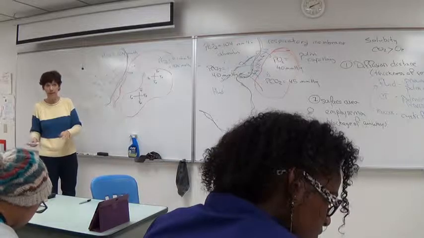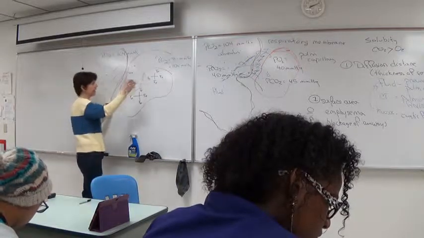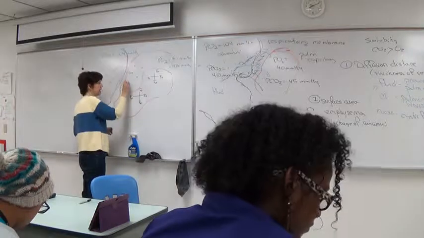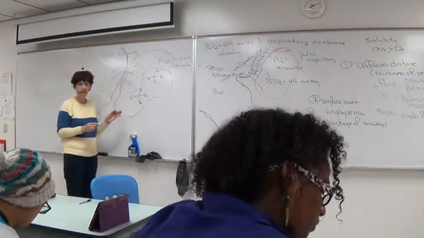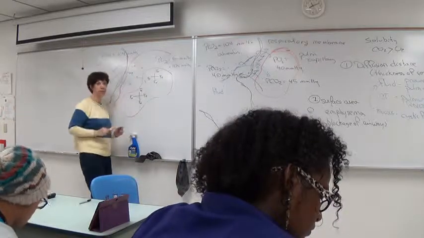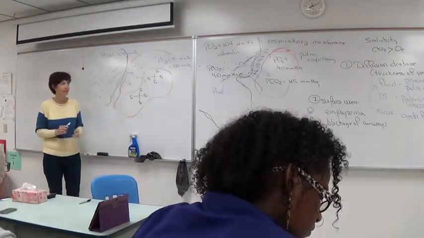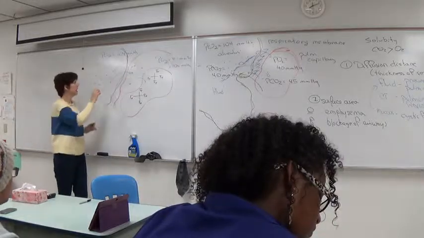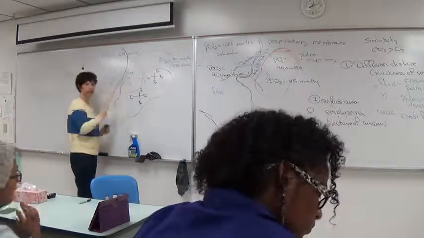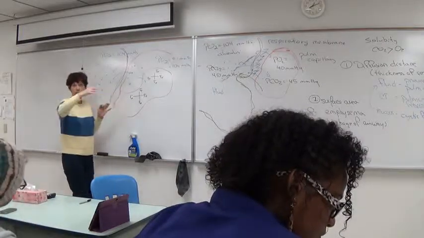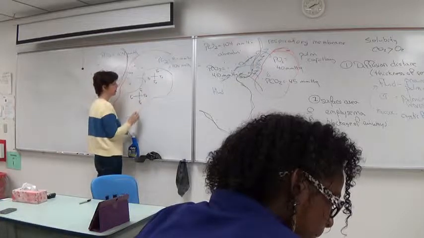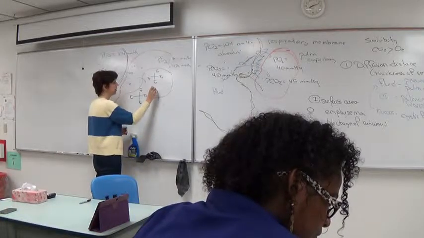While that is happening, as this gradually increases and more oxygen is dissolved in the plasma, some of that oxygen will cross the plasma membrane of the red blood cell. When it does so, because this is still 104, another oxygen will take its place, and even more as we gradually move through the lungs. So this is gradually getting increasing oxygen. That oxygen comes in and